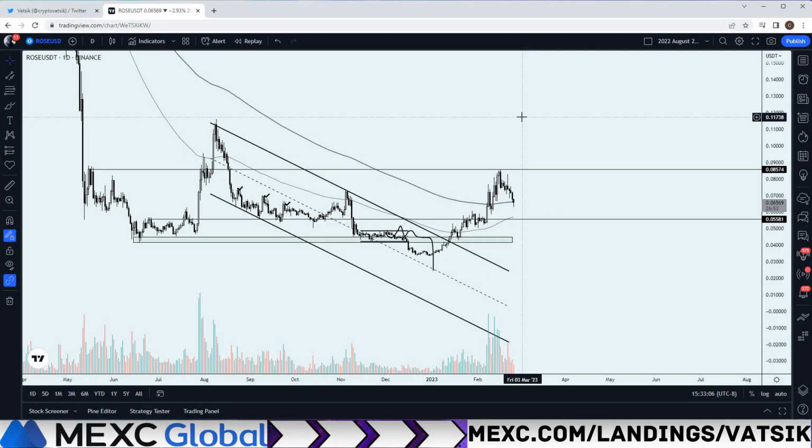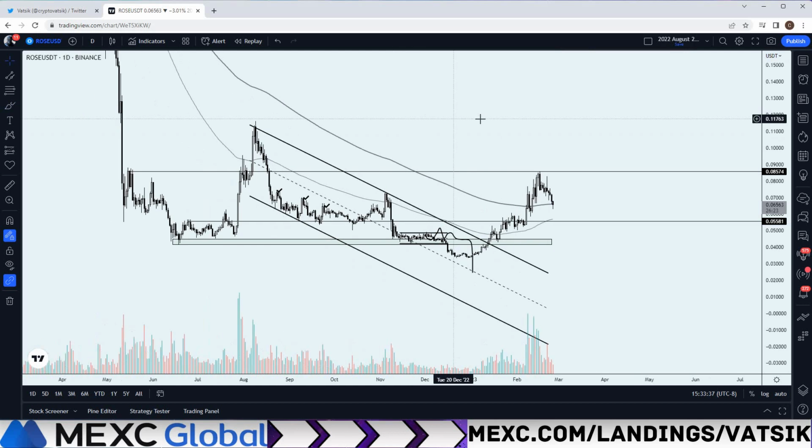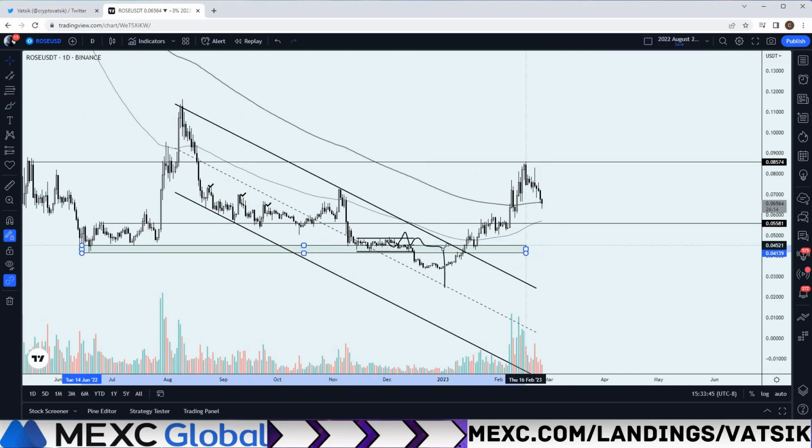Okay, today I'm going to be covering Rose, and it's been about 2 months since my last video on it. At the time of that video, we were trading right here in December 2022. Ultimately, the main idea was that we had this area of established demand right here in green. So on a macro level, on a loss of green, I expected that we would retest the equilibrium of this